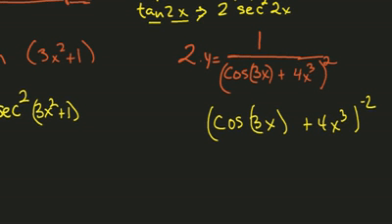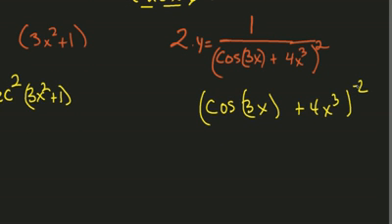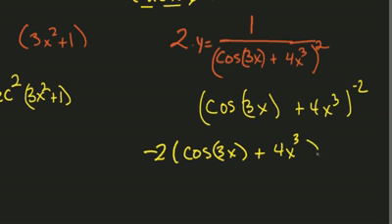Then this is a chain rule within a chain rule. The first chain rule is this numerical one. Bring the negative 2 down. Rewrite it. Then multiply by the derivative of the inside. The derivative of cosine is negative sine, and then the derivative of 3x is 3, so it's going to be a negative 3 sine 3x, and then it's going to be plus the derivative of 4x cubed, which is